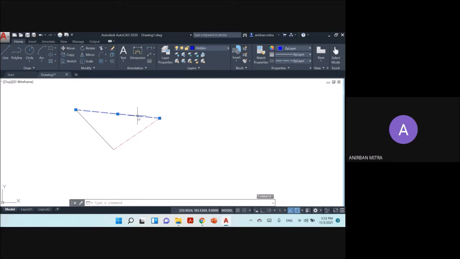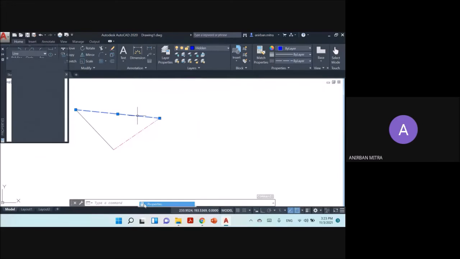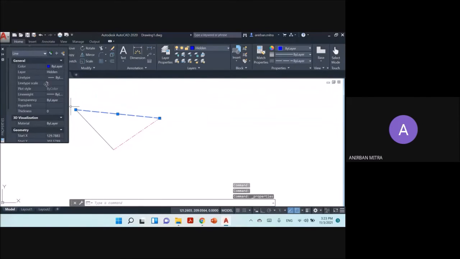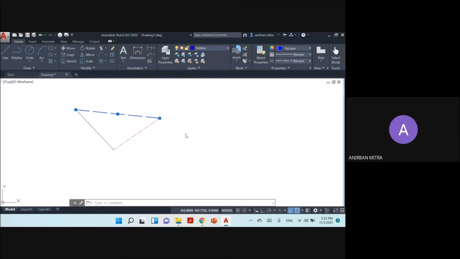Similarly, if I select this dash line, right click, go to properties, and make this line type scale as 2, you will see that these dashes have become bigger. So that is how you can control the length of these dashes for the dash lines as well as for the center line.